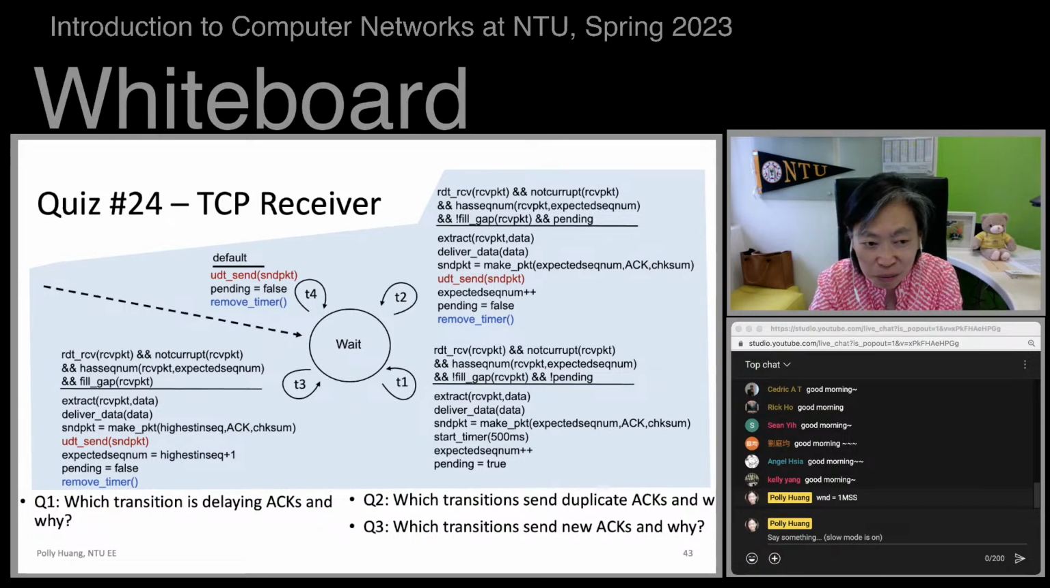Okay, Q2. Which transition might send duplicate ACKs and why? Q3. Which transition sends new ACKs and why? Okay. Q2, somewhat straightforward. Q3, however, can be a little bit counterintuitive. All right. So that is